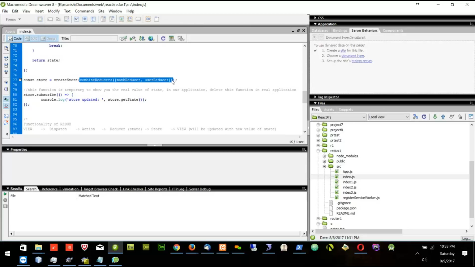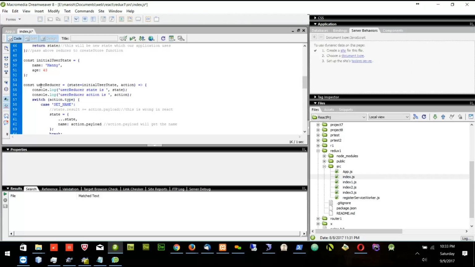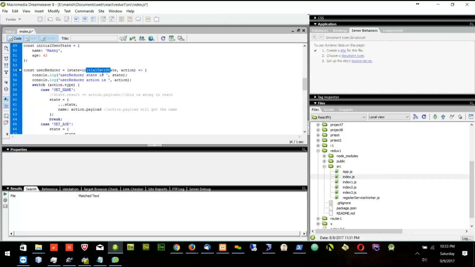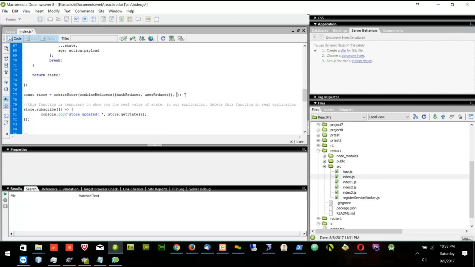The first parameter is the reducer. The second parameter in the store is the initial value. We saw we were passing one as an initial state value in the beginning. Then we changed it, and now we pass the initial state directly in the reducer. So since we will be putting the initial state directly in the reducer, we don't really need the initial